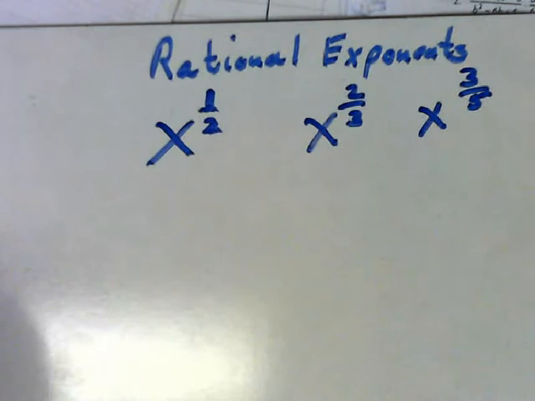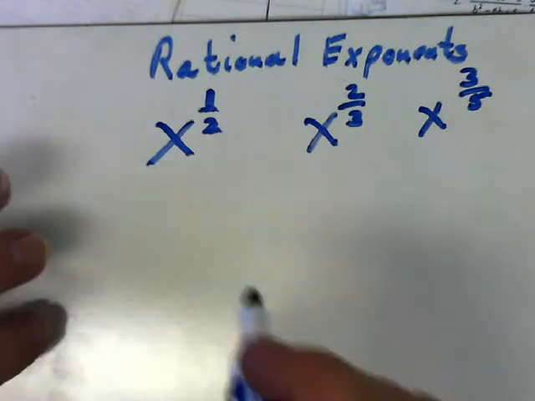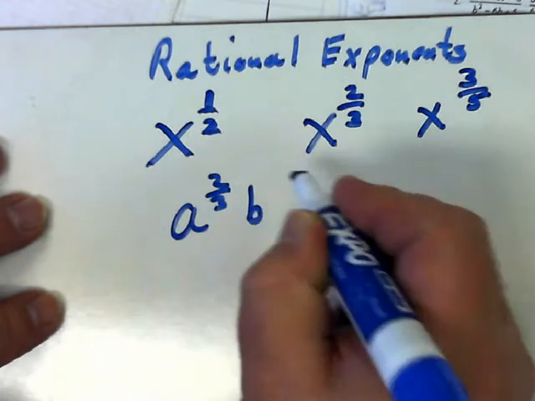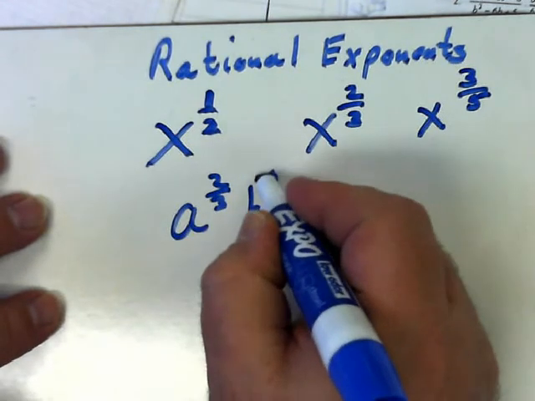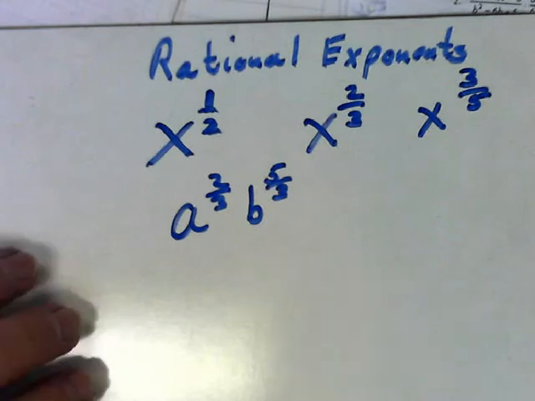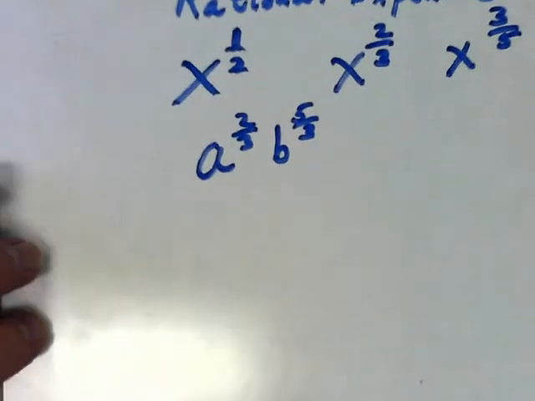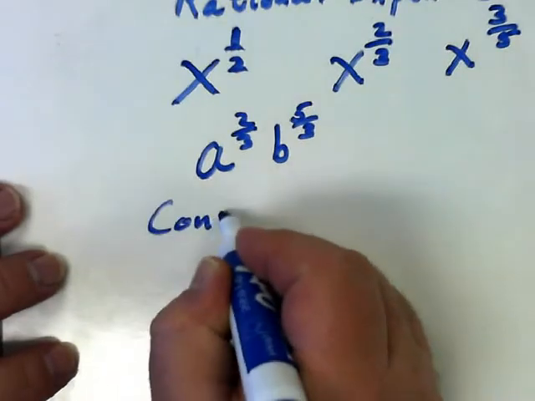Or x to the 3/5, or... okay? Those are all called rational exponents because they are rational numbers, but they are fractions. Okay? How can I convert that into a radical? So to convert to a radical,